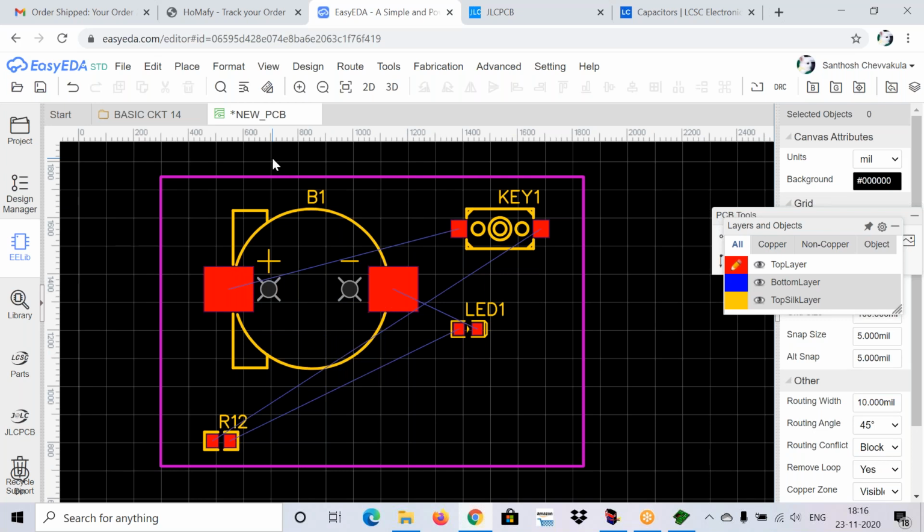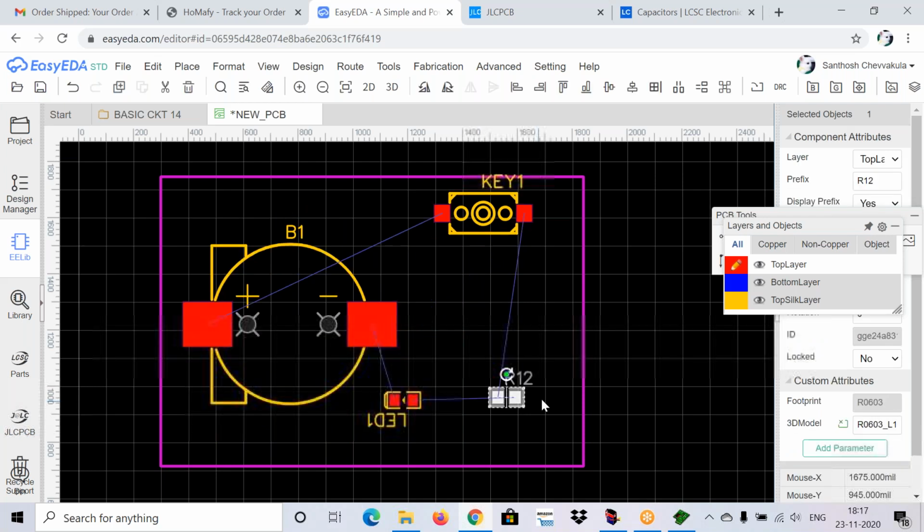I think my screen is not updating quickly. You need to arrange the components without any overlaps, just change the position, so that we can route the circuit easily.